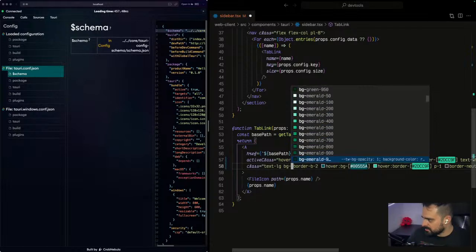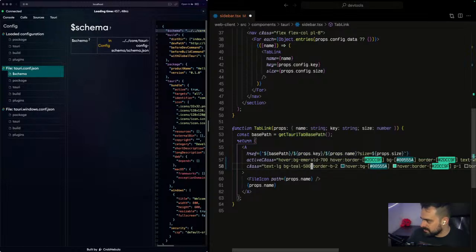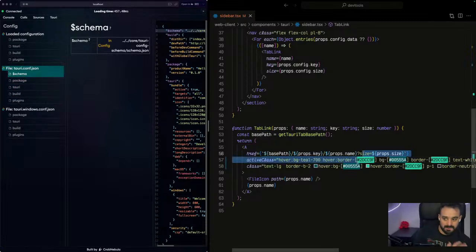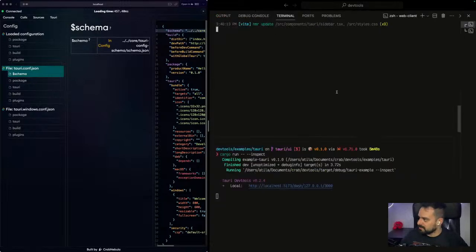Let's see, emerald, teal. Yes, teal is what we want. So let's see how it looks in teal 500 in this case. Yeah, horrible. Okay, yeah, I can see that. Okay, so I'll keep this one for now, and then